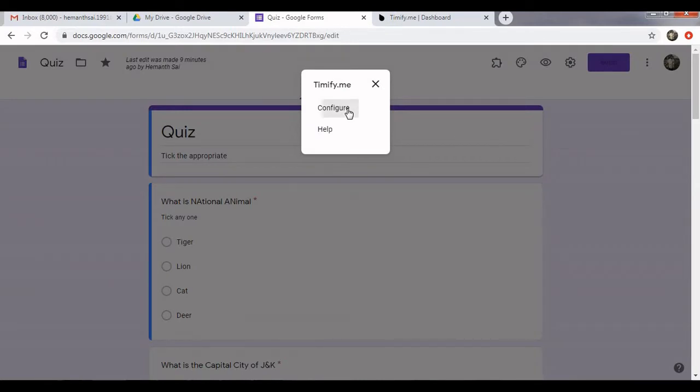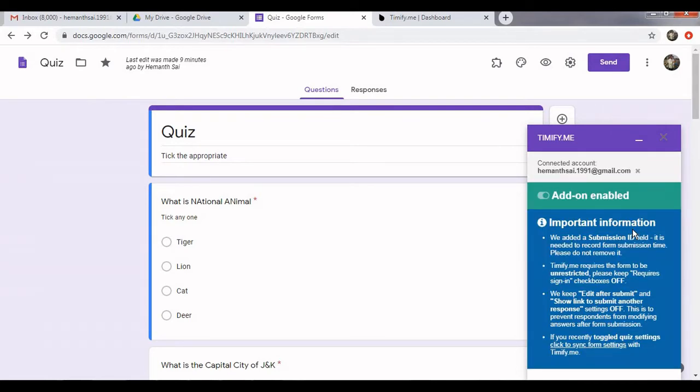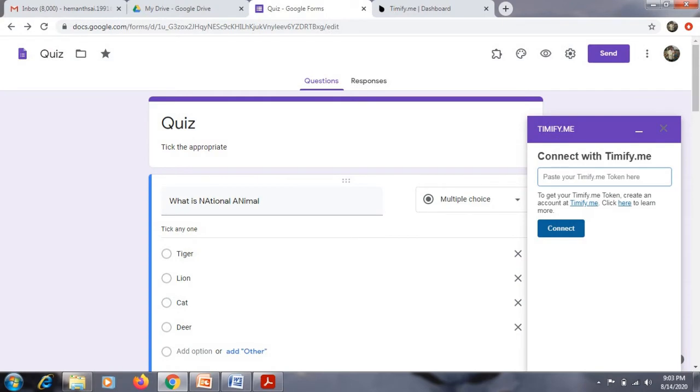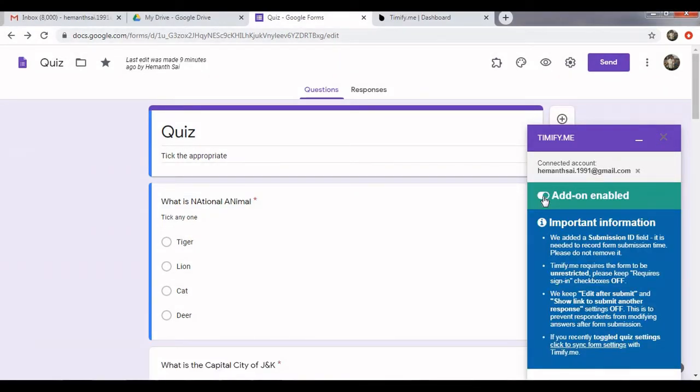Here click on configure, and we get a small window. The add-on is already enabled, but let us click once again. For the very first time when you are doing this, you will have a key which will be shown here. So the add-on is enabled.